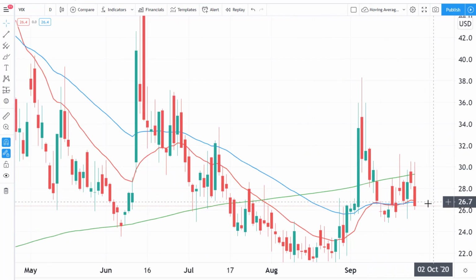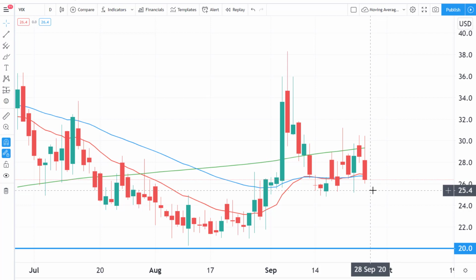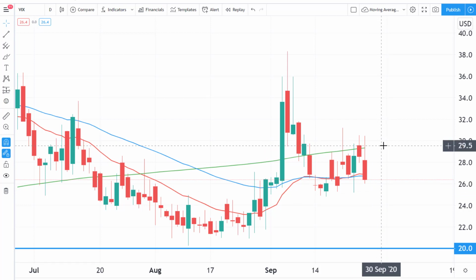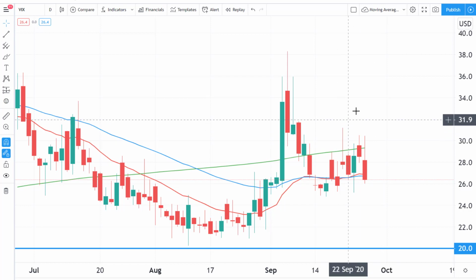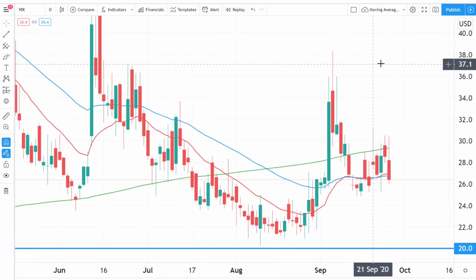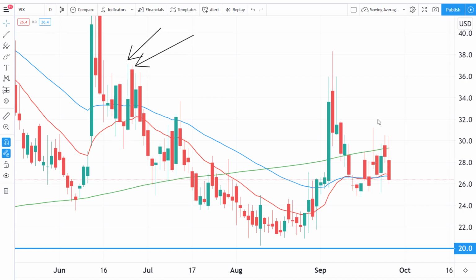Onto the volatility index, what have we been seeing there? Well, volatility index remains stuck between the 25-50 zone and of course body closing around this 29 to 30 zone. We spoke about how it needs to break this 31 zone to really open up the 35 to 38 area, and that's just the nature of the VIX. Basically, the volatility index or fear index, if it can't make new highs like it failed to do here, it often just sells off. And that's also in line with the stock market reaching an almost equal low on the S&P 500 and then of course rejecting that with strong buying pressure.